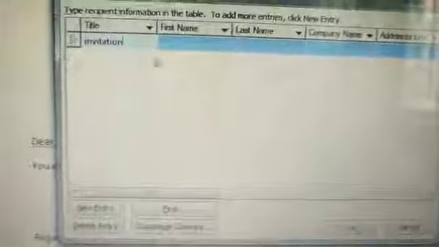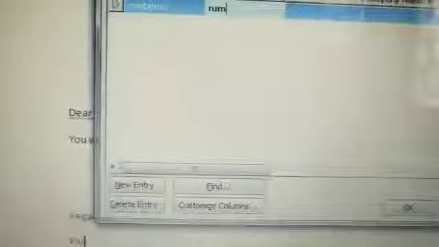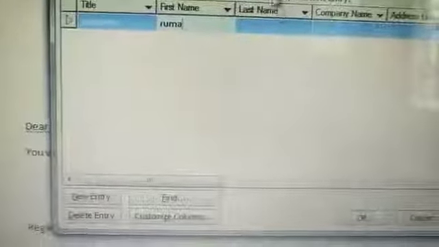In the previous video also I showed these details to you. Click on this button to move further.